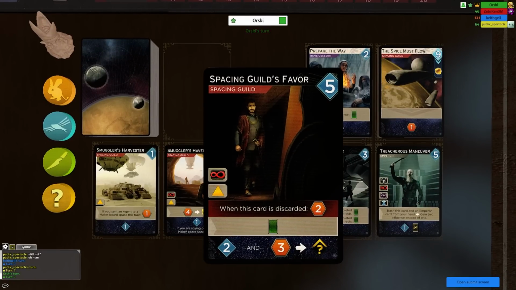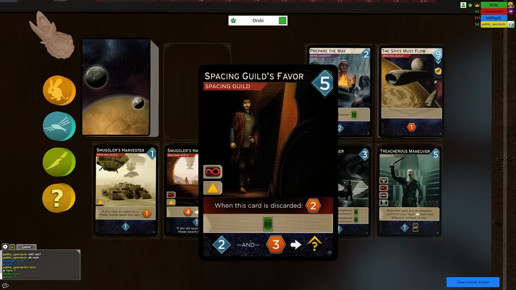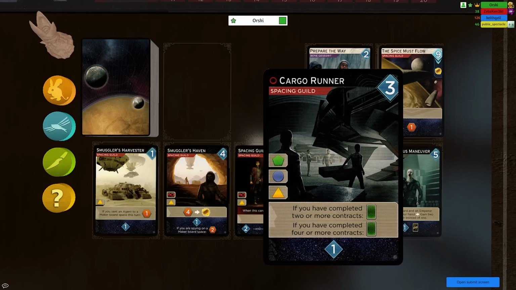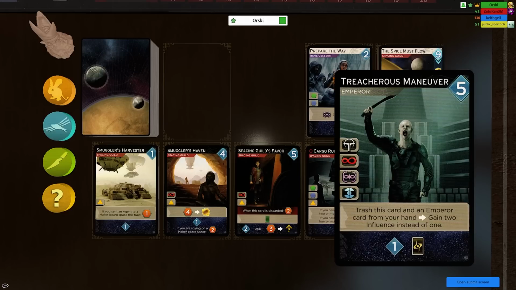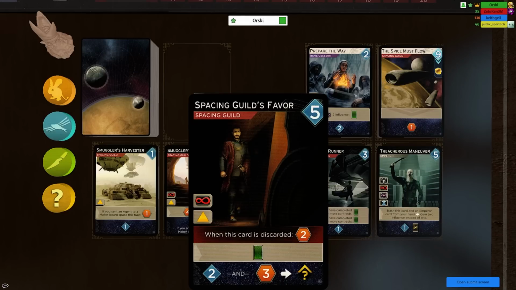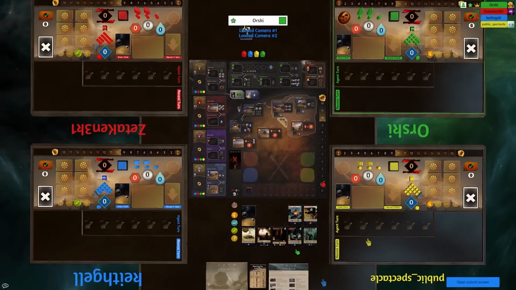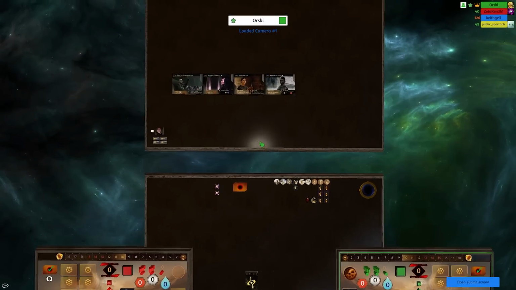This is another really good card. Gives you access, can give you 2 persuasion and draws cards. Cargo Runner, I'm not a huge fan of. Some people like it. I think it's okay. And then Treacherous Maneuver, just good faction access. So these are probably the 2 strongest ones, and Treacherous Maneuver as well. The other 2 are kind of meh. So let's see here. We are picking...